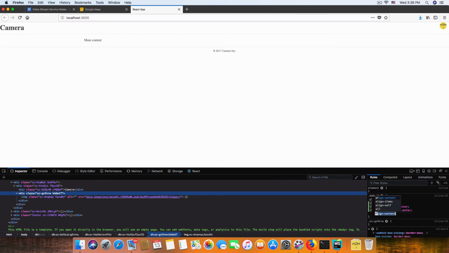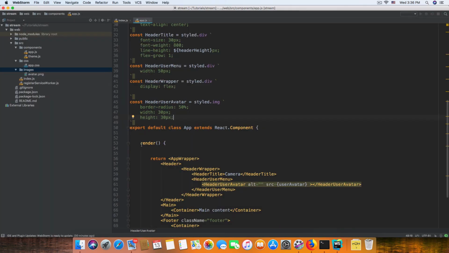Align content, center. Let align an align item to be center. Right, so this is what exactly we need to do. Align item to be center. Alright, so